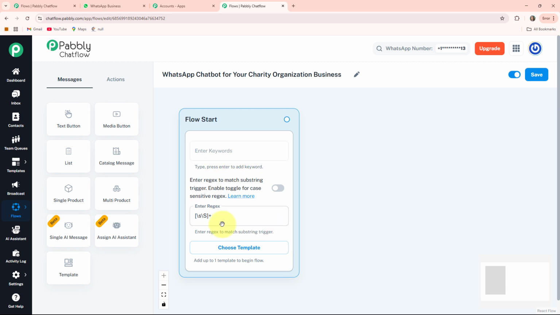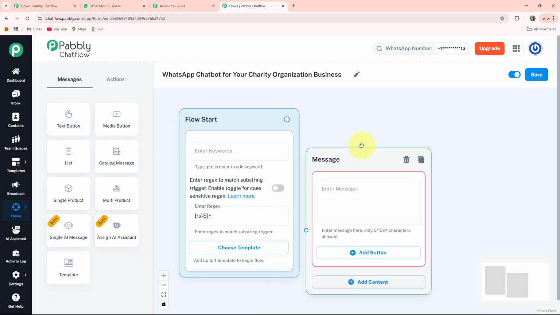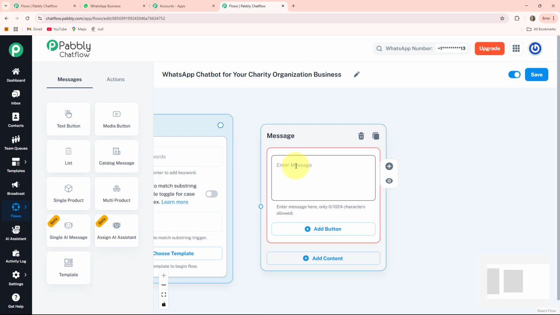Now I want to write one welcome message for them. For that, I am taking one text button. It will provide me one enter message box. I'll drag this box here and write a message. Here I write it. You can see at the end of this message, I'll ask my client how can